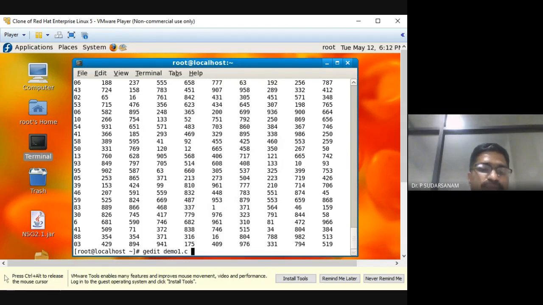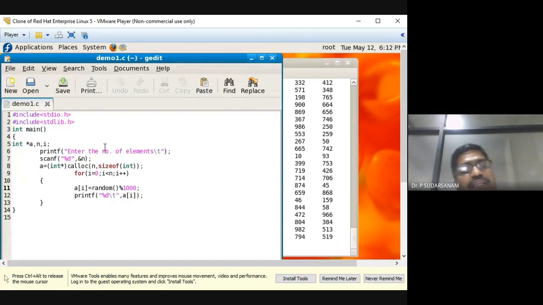If you have any doubt, please let me know which statement you are having problems with, because the same code will be utilized. Binary search and linear search you have already done. The same concepts we are utilizing here also, so you will not have any problems. Now I'll move to the next program.